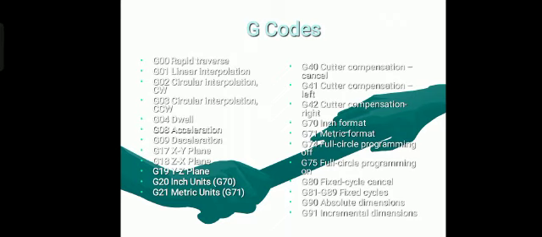G codes. What is meant by G codes? What are the various types of G codes, or what are the various operations instructed by G codes? G00 rapid traverse, G01 linear interpolation, G02 circular interpolation clockwise, G03 circular interpolation counterclockwise, G04 dwell, G08 acceleration, G09 deceleration, G17 XY plane, G18 ZX plane, G19 YZ